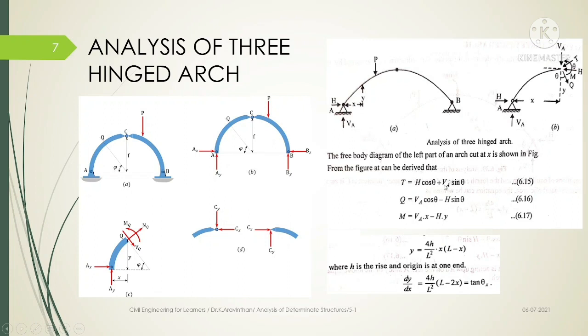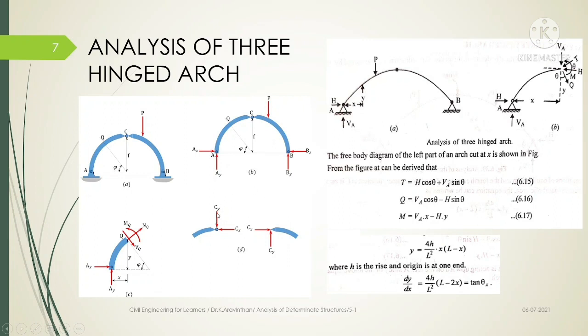So these three forces can be identified by using these three formulas. And you can see an arch carries the support reaction as well as the member force. So you have to identify the RA, that is the reaction at vertical, and the horizontal reaction, that is V and H. Also the three components, that is normal thrust, radial shear and a moment.